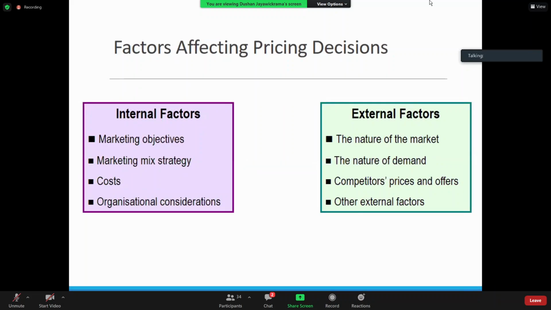Accountants and cost accountants contribute for marketers to understand the cost structures. And also there are other organizational considerations, such as, let's say for innovation, we don't bring our price down. PG Martins will have to maintain their image for their furniture. Within the furniture category, they are like giants. They don't go behind quantity, they go behind the margin. They keep huge margins for their high quality products, and profit is not made through volume.